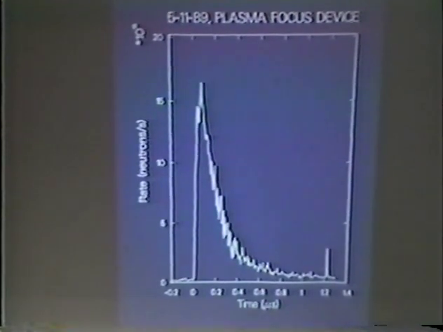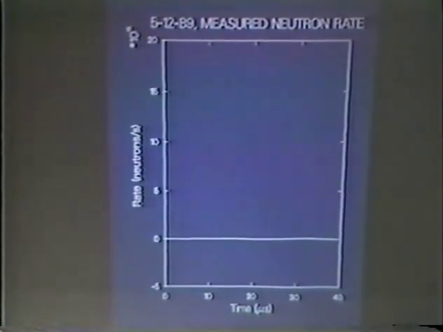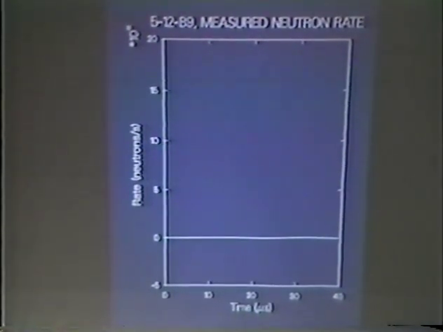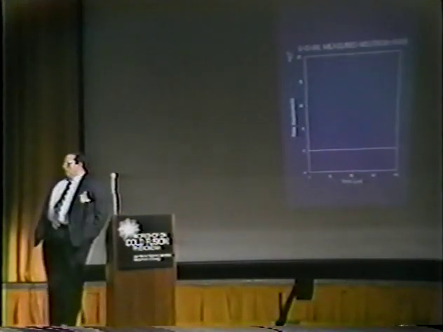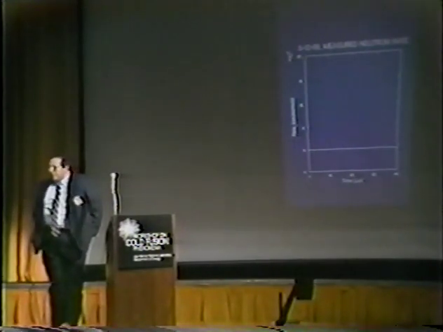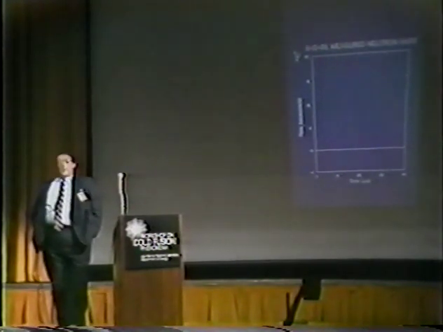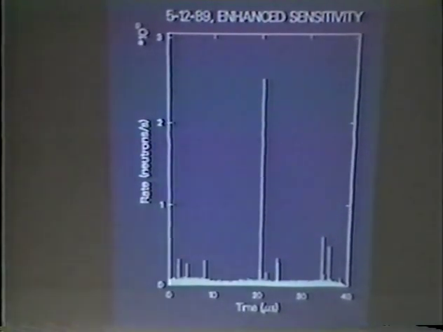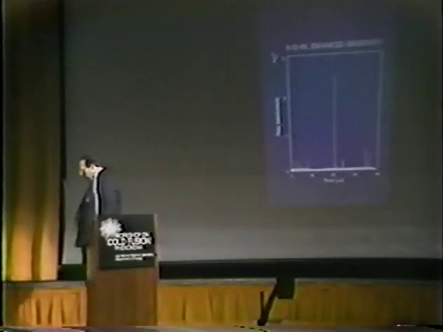If I can have the next, we look at the data from the experiment which was conducted the next day, not the 11th, but now the 12th, and the data are plotted here. There are 9,000 data points plotted here every 4 nanoseconds, and of course, as you can see, the screen is pretty well blank. If we expand the scale, however, by a modest factor of 6 times 10 to the 5th, or 600,000, we obtain the results in the next slide. Now, this experiment is a little different than I think any so far presented at this workshop, because here we